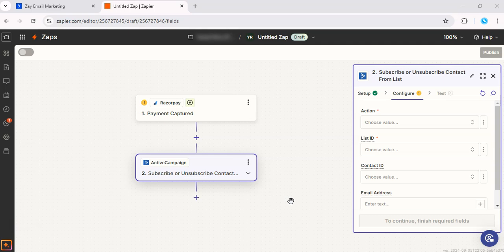So, all right, you can go ahead and run the test to see if it's successful. And if it is, you can go ahead and turn the Zap on. As you can see, Zapier makes it super simple to customize these actions without needing to write any code. Once you're set up, this integration runs on autopilot, ensuring every payment in Razorpay triggers a corresponding action in